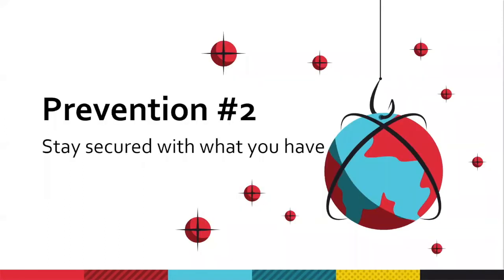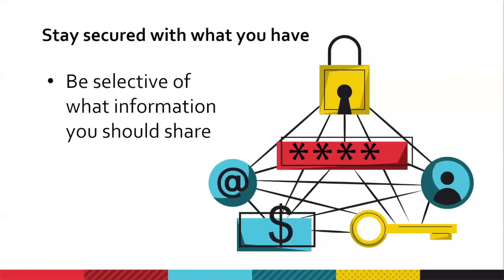Prevention number 2: stay secured with what you have. Be selective of what information you share. Keep in mind that your name, school, and job are okay to be shared with everyone, like what I did. However, information like your address should only be shared for delivery purposes, government or job applications, or when friends want to sleep over at your house. It is not optimal to share your location in a public environment. And of course, your bank account numbers should be for yourself and the bank whenever they request it. And your passwords, of course, should always be exclusive to you.